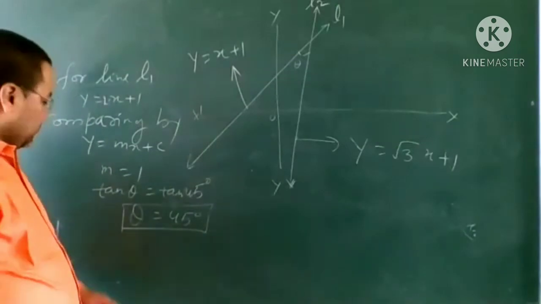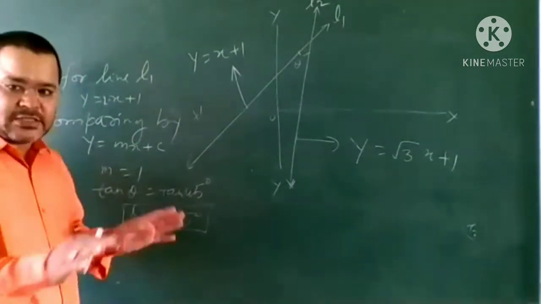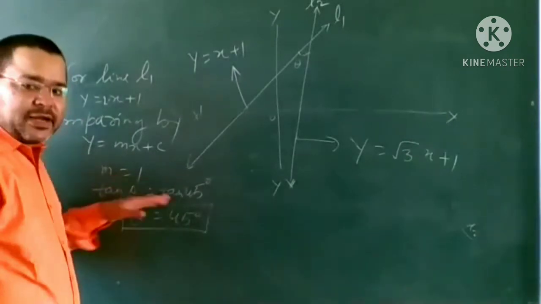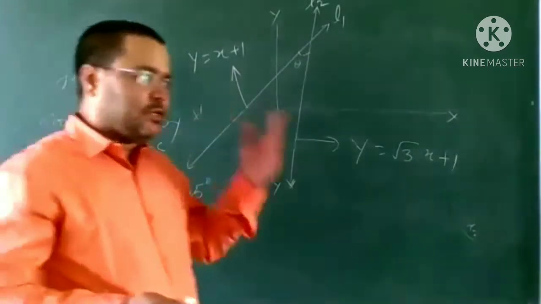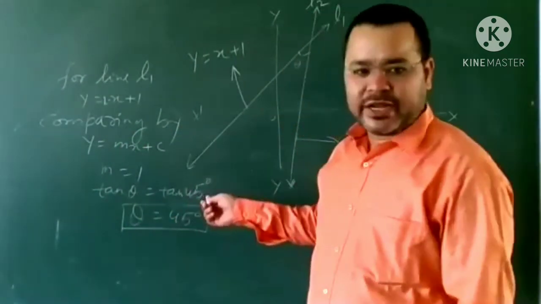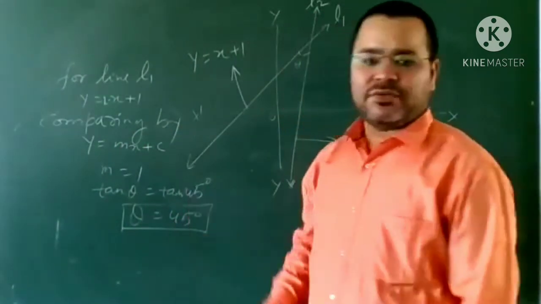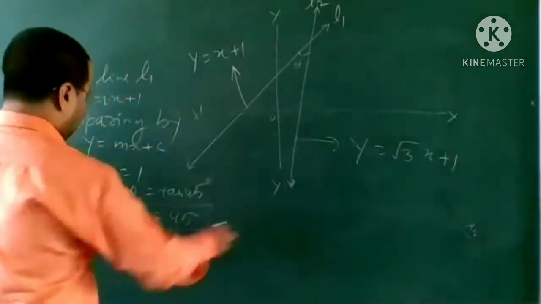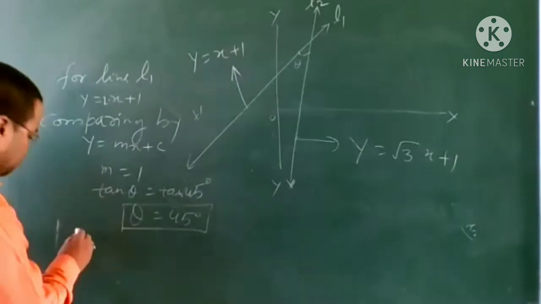Okay. Here tan and tan cancel, but don't cut here, because the method of removing this tan and tan from both sides you will study in 12th class. Directly you just write if tan theta is equal to tan 45, then theta is equal to 45 degree. Getting? Similarly for L2,